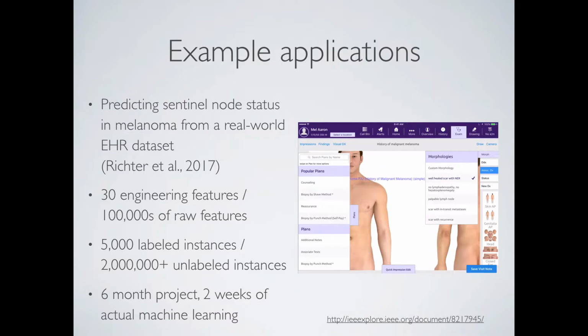Are they all text-based? Well, it's text, but it's structured. For instance, rather than typing in, "I counseled the patient for psoriasis," we have a specific button that they click for counseling once they've clicked psoriasis. So it's all structured. We don't have to do really NLP on it, but it is kind of textual in that manner.